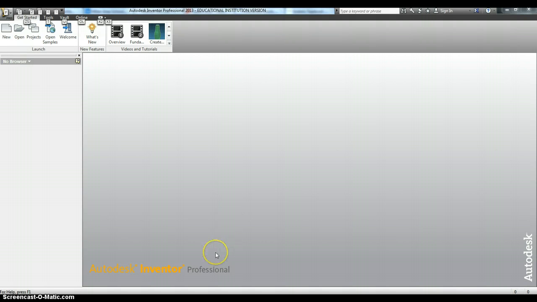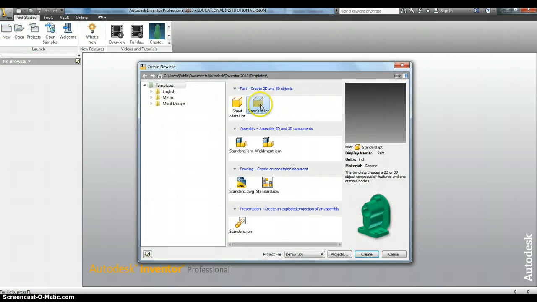Alright, it's time for Inventor video number 7. In this video, we're actually going to start a project where we connect different objects together. So we are going to create a house, and to do that, we need to create the base of the house first. So I'm going to open up a new standard IPT,